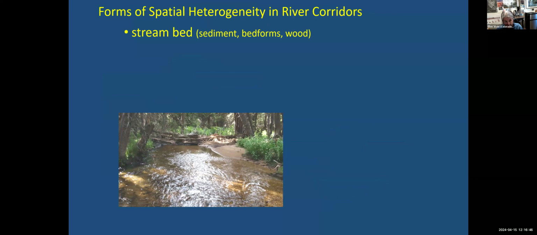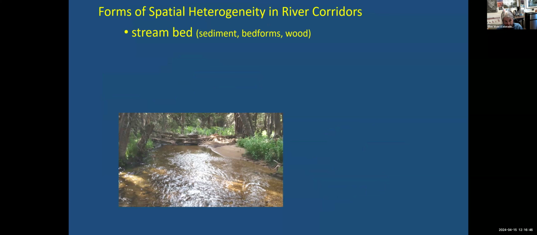You can, of course, have different scales of heterogeneity in the banks. The ones I'm showing here are in a fairly small subalpine channel in southern Wyoming. You can see the little undulations. Each of those is going to have a zone of flow separation. There'll be differences in velocity, flow depth, probably a little bit of difference in substrate, hyporheic exchange. Of course, at larger scales, you can have features like the root wad of a tree, whether it's living or dead, that creates a protrusion into the channel and embayments on either side, or you can have meander bends or expansions and constrictions. A variety of features can create heterogeneity in the banks.